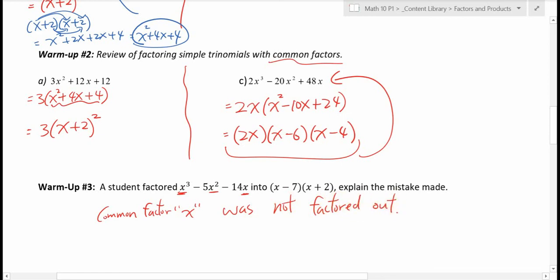Okay, so make sure you take out the common factor first, then you look for two numbers that multiply to -14 and add to -5. Because -7 and 2 clearly are the two numbers, but x was not factored out, and therefore this is not